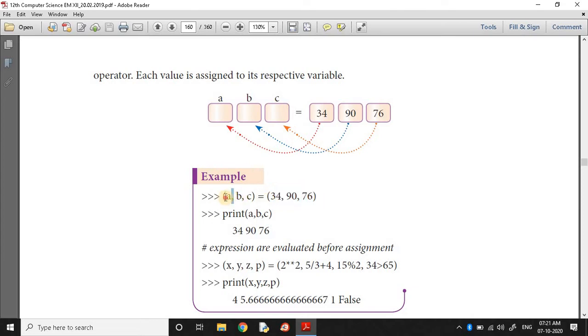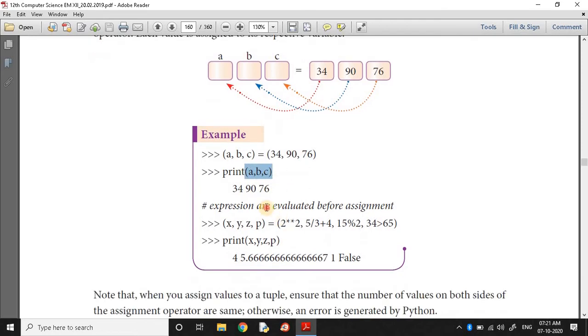That means the first variable is assigned the first argument, the second variable the second argument, the third variable the third argument. So we can display these variables. Expressions are evaluated before assignment. This is also possible: not only values, we can give any expressions. The expression is evaluated, then the result is stored in the respective variable.